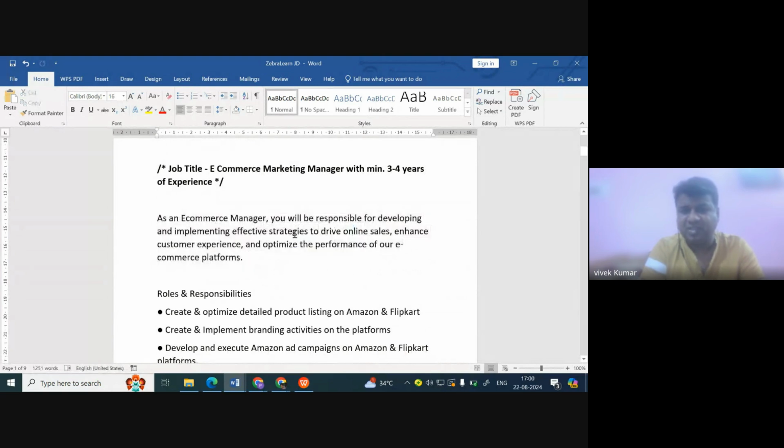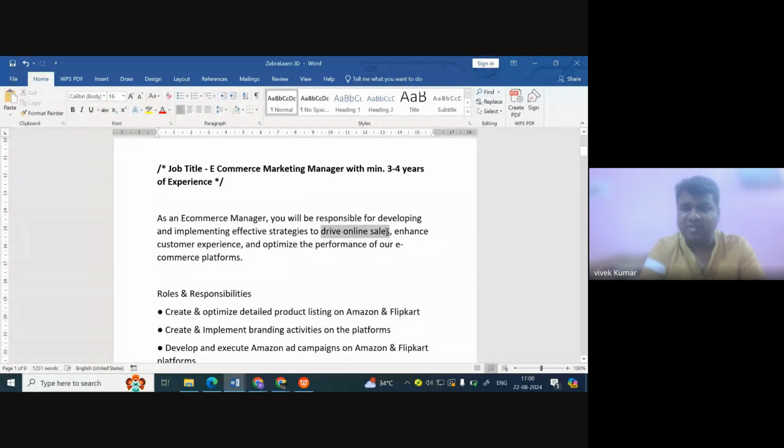So if I read this, you'll be responsible for developing and implementing effective strategies. Now, in this case, I think even person B, for that matter, is the right fit, right? Because she's the one who is managing the team. She's probably developing and implementing the effective strategies. Only difference is she's doing it with the help of a team, right? But otherwise, she's doing that already. And then